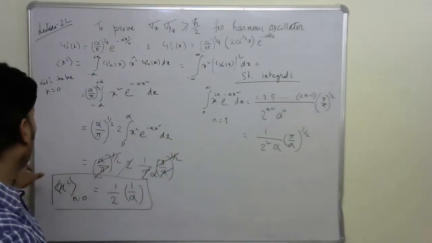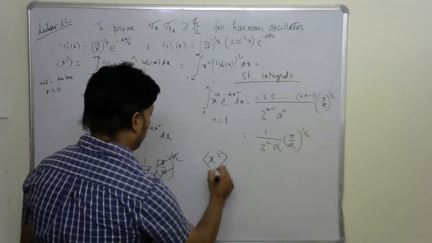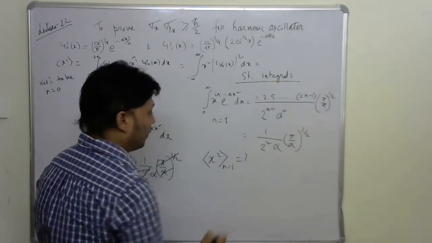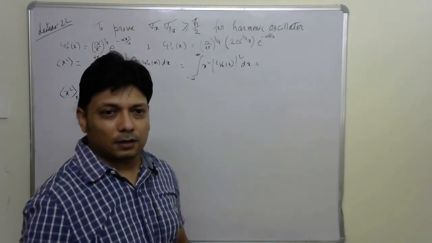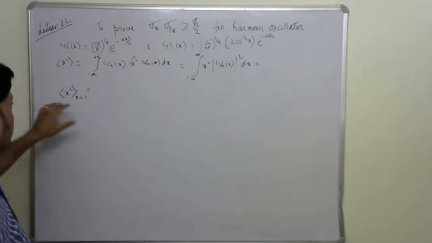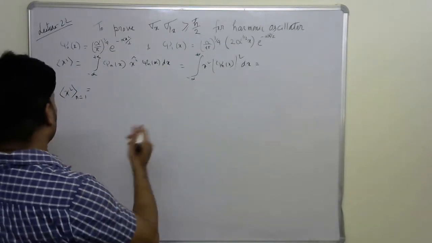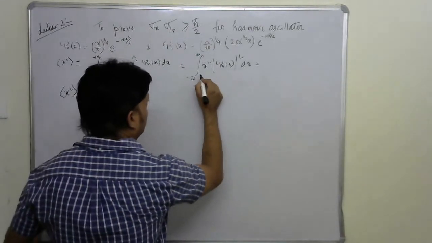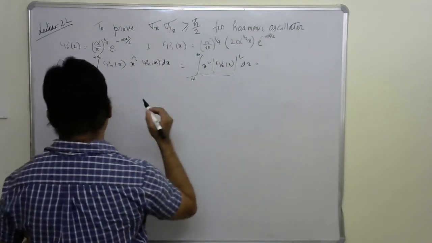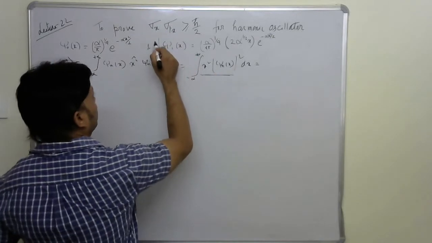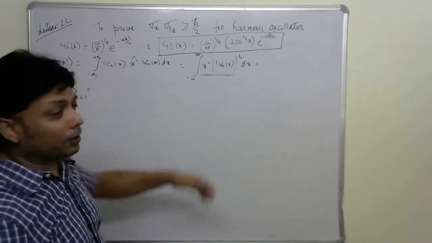Now we are going to find the average of x square for n is equal to 1. Let's clean the board and work it out. So now let's do it for average x square, n is equal to 1. It would come to this expression. Here psi 1 of x is given by this expression, which is a relatively bigger expression,